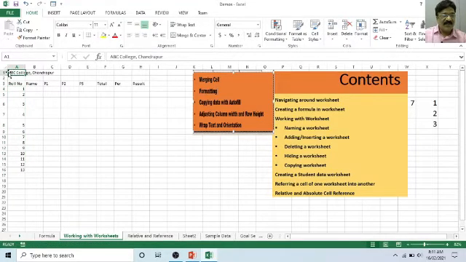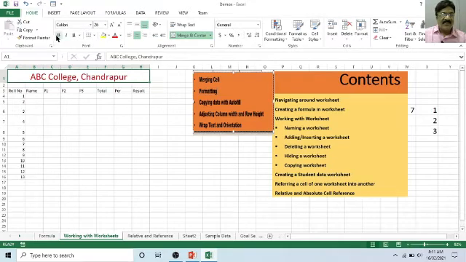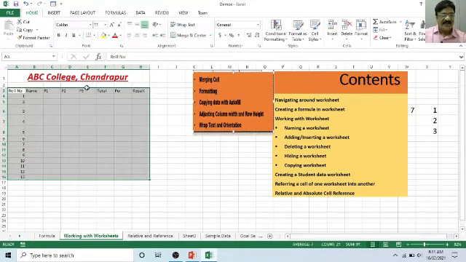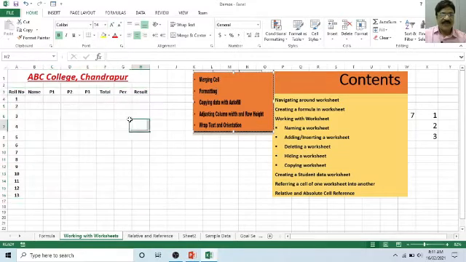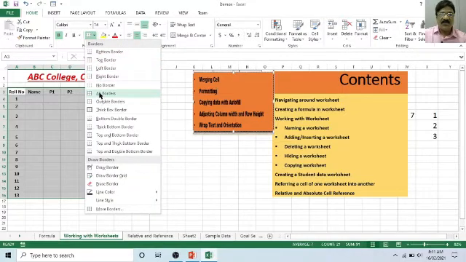Now how to merge the cells? Observe that this value has been specified within the A1 cell. To merge it, simply select this range and then click Merge and Center. That is merging the cells. Now how to format? Simply select the cell, and if you want, increase the font size, color, bold, italic, underline. These are nothing but your formatting options. Similarly, I am selecting this. I would like to have all the values center aligned and bold, and a box around all the values.